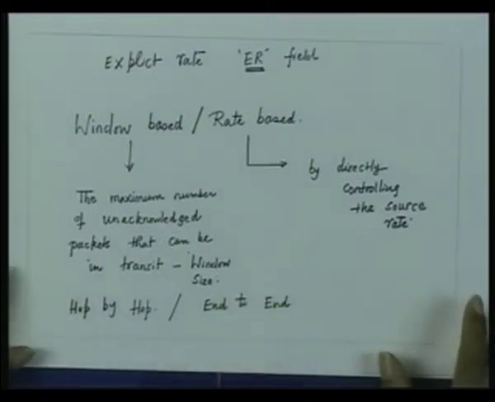So as we have seen, the congestion control mechanisms that exist today to control the quality of best effort traffic in the internet, we can classify them based on the feedback these mechanisms receive, based upon whether they are window based or rate based, that means how they are controlling the congestion, and third, how they operate, whether on a hop by hop basis or an end to end basis.